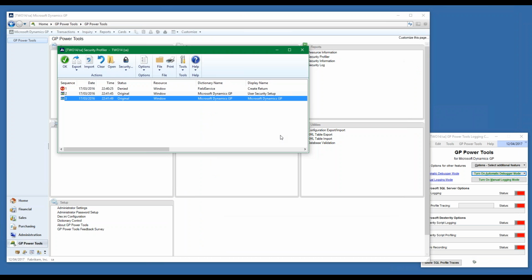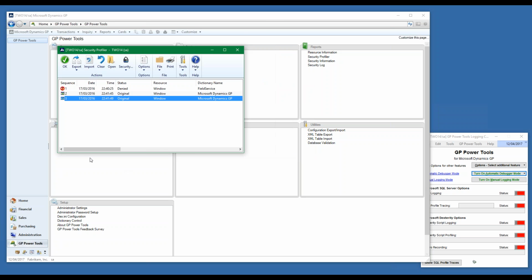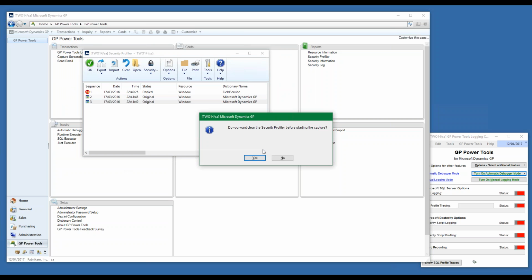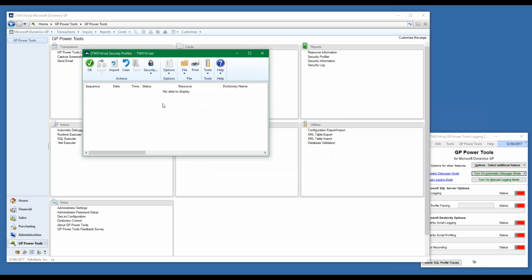So we've got our security profiler here. Now that is tracking everything that's opened on my system. So what I'm going to do is say to it, let's capture some stuff. I'm going to clear what's here already so I've got a clean start. So let's say I need to give them access to,